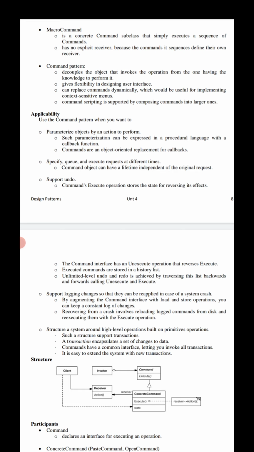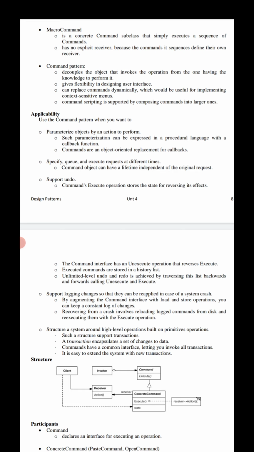The executed commands are stored in a history list. Unlimited-level undo and redo is achieved by traversing this list backwards and forwards, calling unexecute and execute operations respectively.